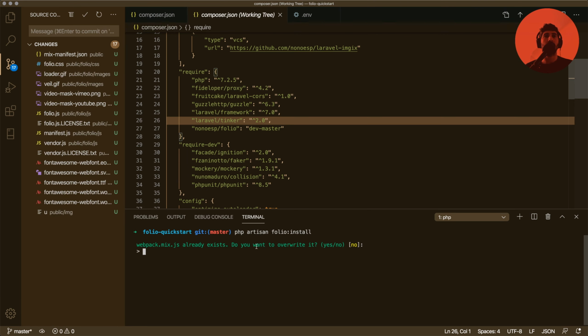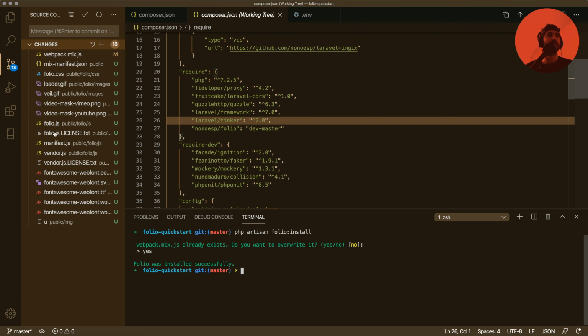you see webpack mix already exists, you want to override it. Okay, let's say yes. Folio was installed successfully. So we've added a bunch of stuff, right? Some things that Folio needs to run, and it also created the uploads folder and symlinked it into the public image directory. So if we open this